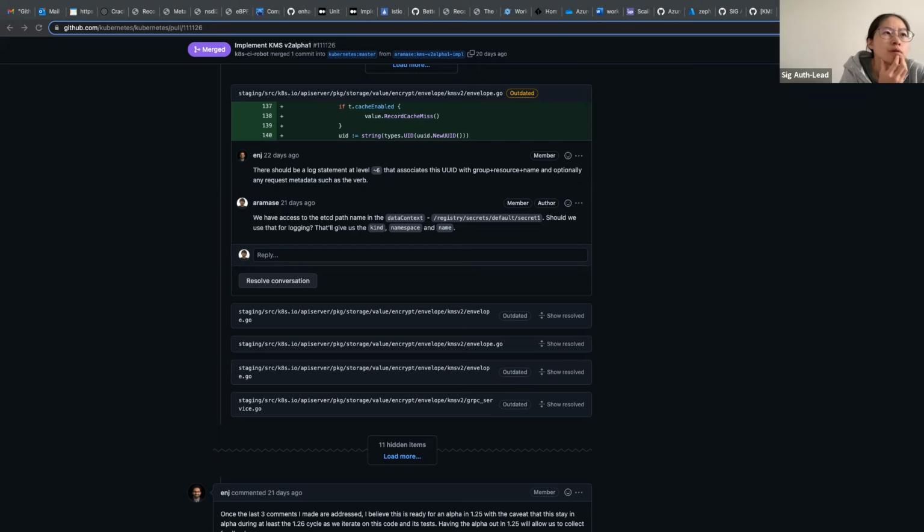Hey, other than the verb, could there be any other metadata that could be sensitive to log? So back in the day in OpenShift, OAuth tokens, the name of the object was literally the token. That was a bad design. You should not do that.